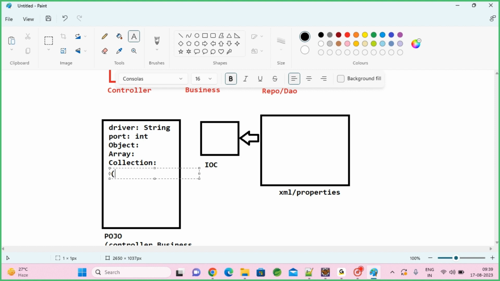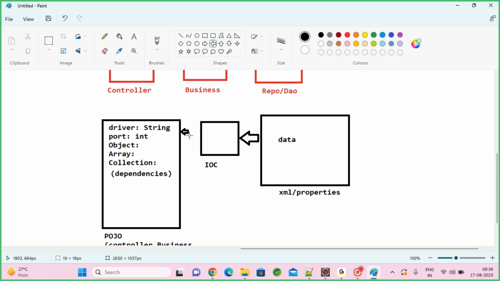If you consider all these as dependencies, all these dependencies' data will be passed from here. Who will pass it? IOC will take care. Your driver's data you can configure here, port numbers, object dependencies, arrays, collections, anything you can pass from here to